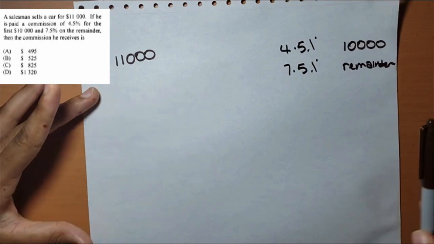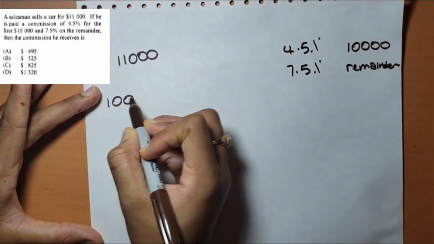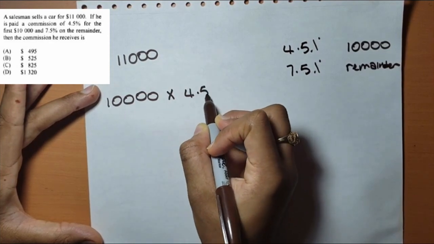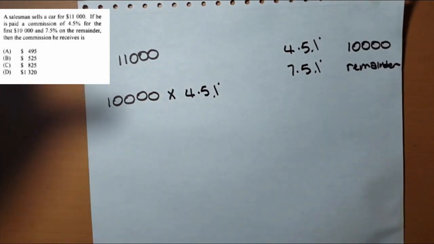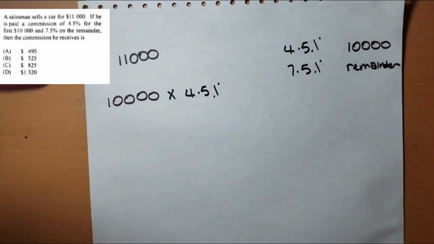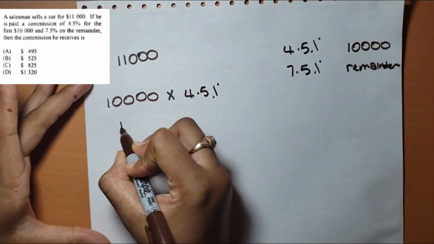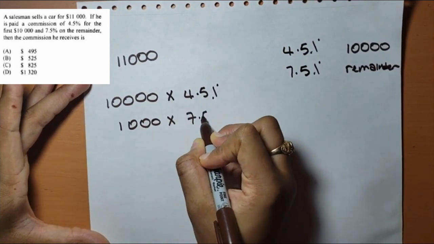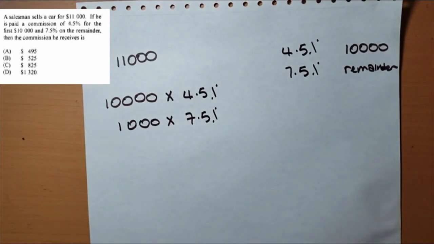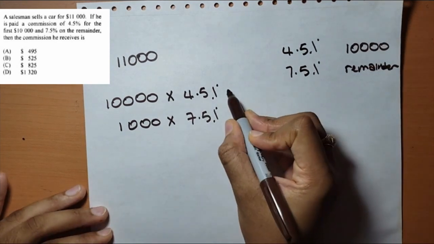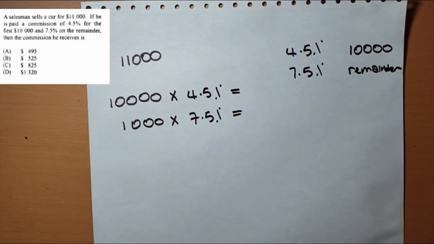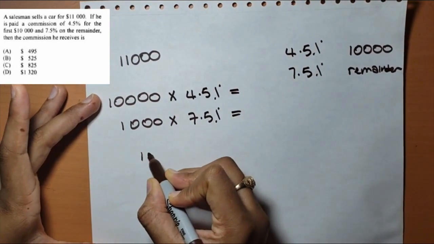They say that for the first 10,000, you're going to multiply it by 4.5%. And then anything that is left, so we're going to have 11,000 minus 10,000, going to leave 1,000 times 7.5%. You understand? So that now is going to give us the commission that he's supposed to receive. Calculators are not allowed, so we're going to have to do